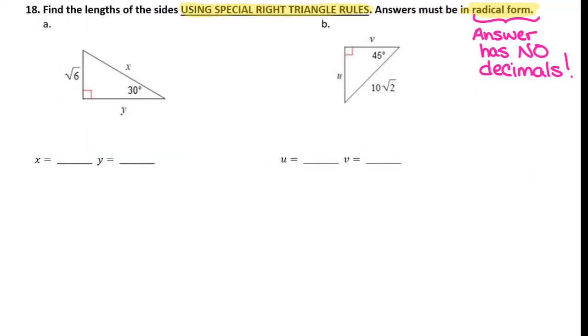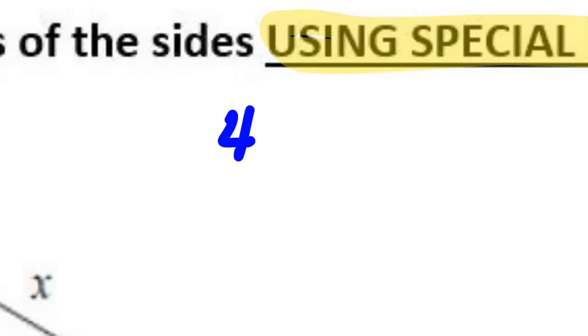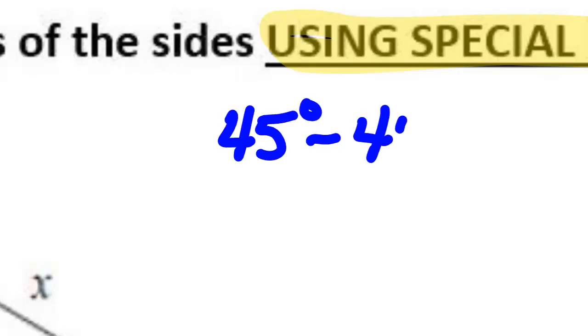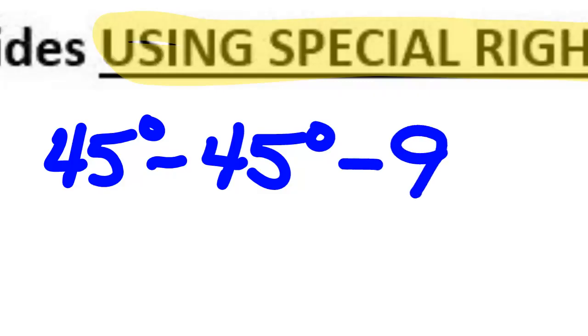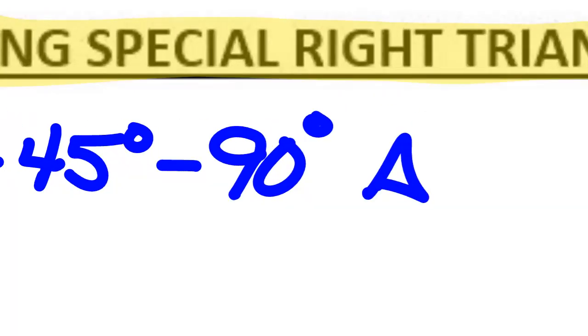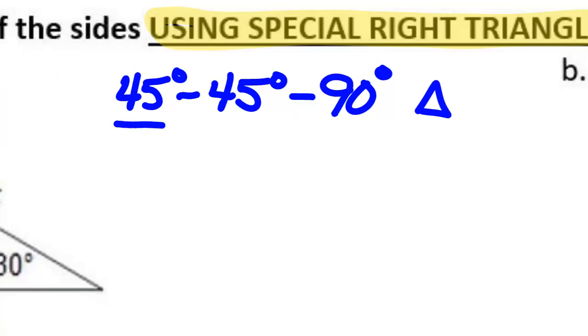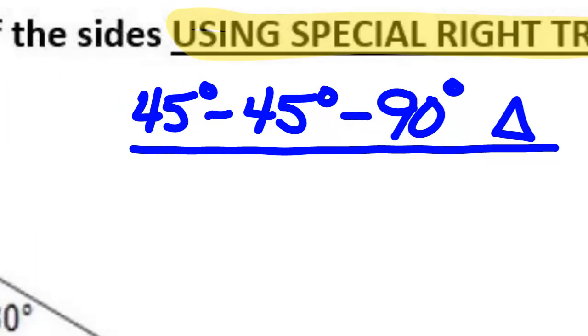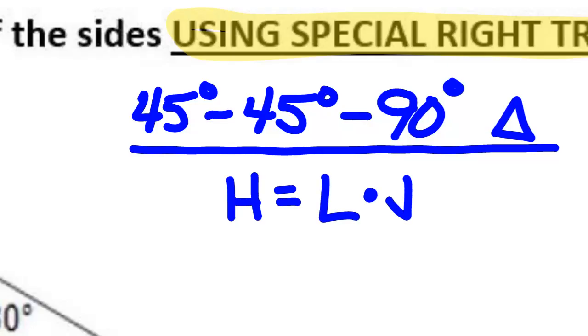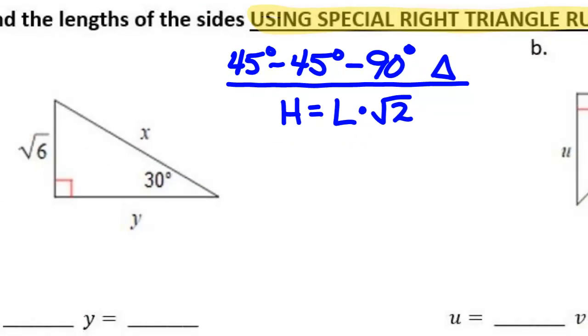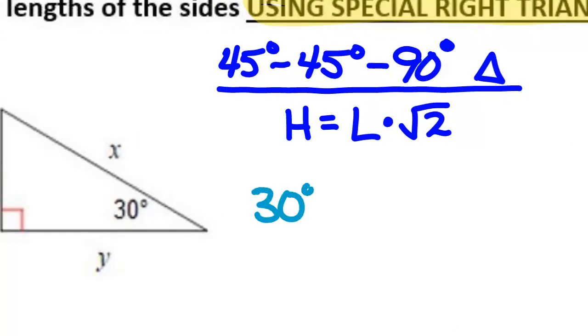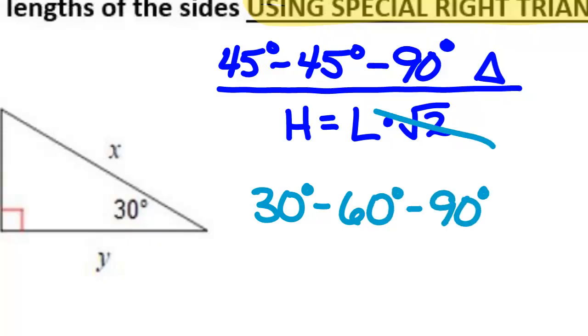All right, so let's look at our special right triangle rules. For a 45, 45, 90 triangle, we had one rule. Hypotenuse equals leg times radical 2. And then for 30, 60, 90 triangles,